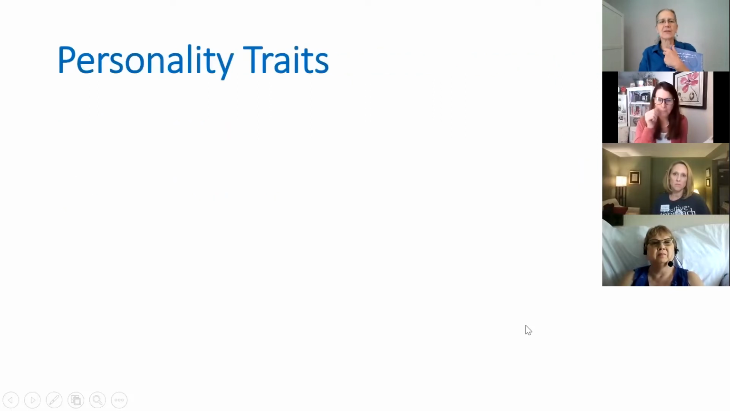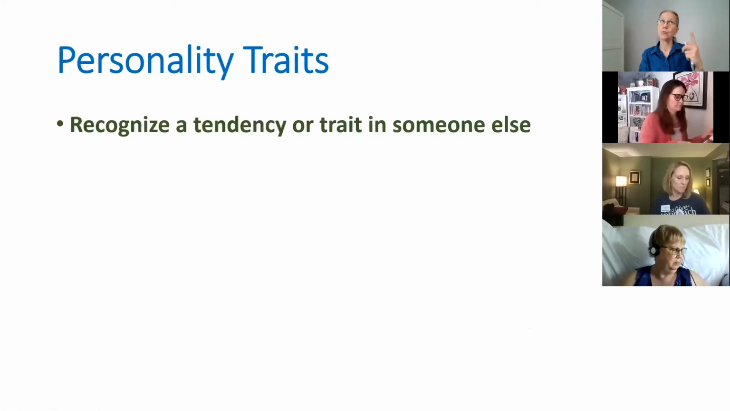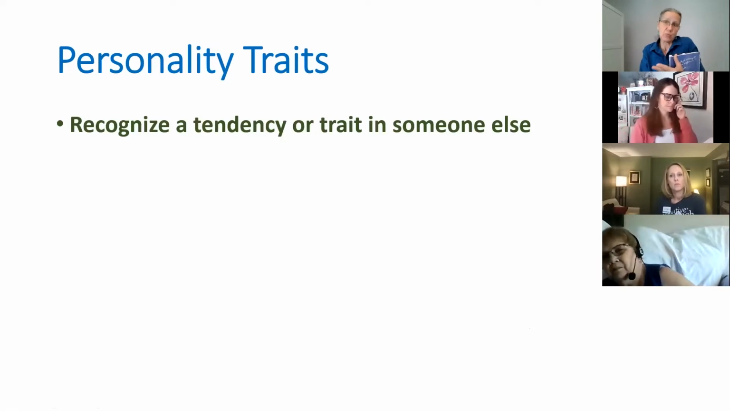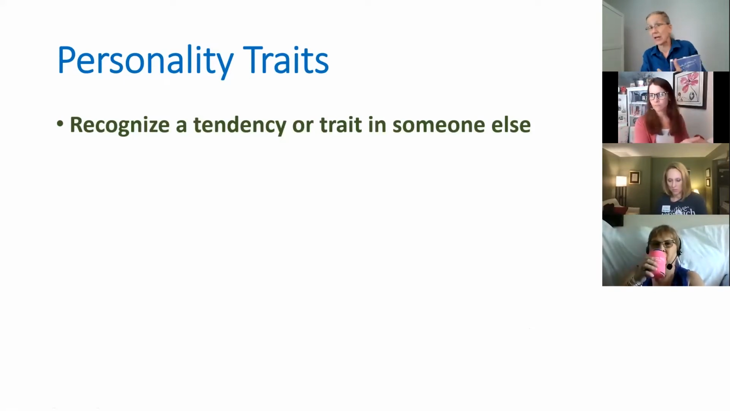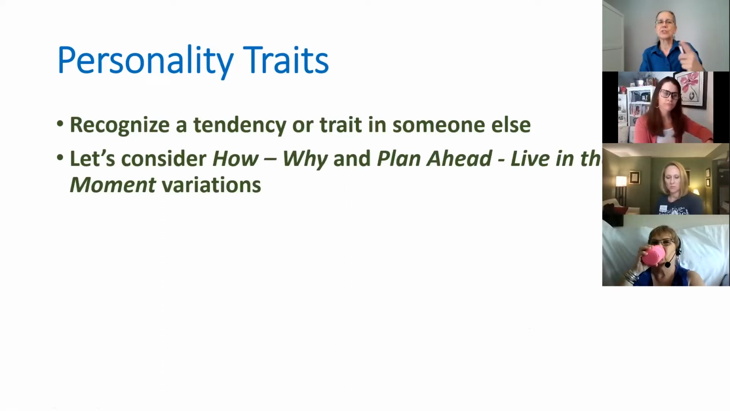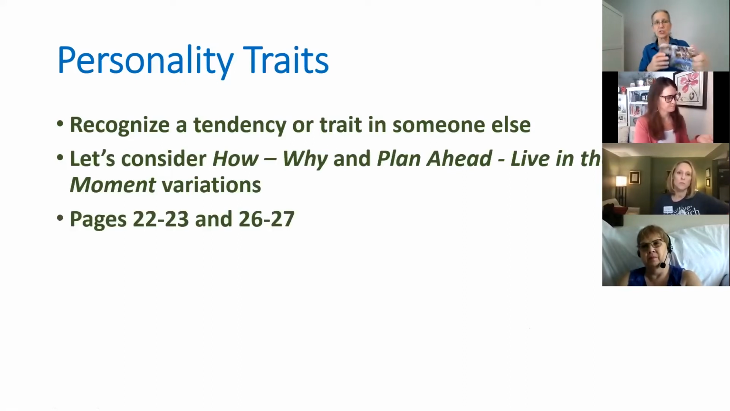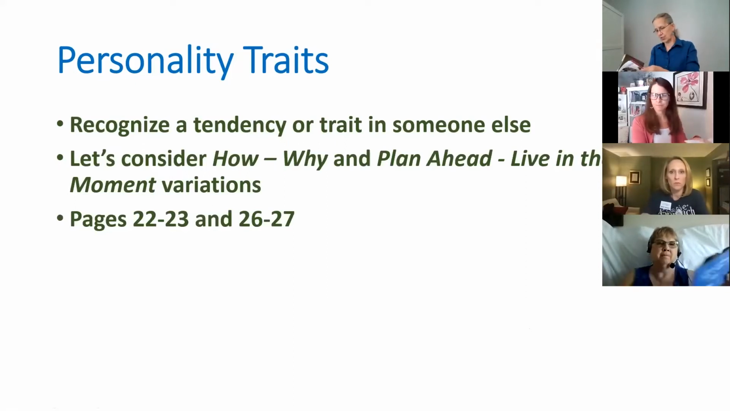So the way I'm going to go about this is I'm going to start with personality traits. And to do that, I'm going to want us to recognize a tendency or a trait in somebody else, because we're classically a little bit better sometimes at noticing someone else. And so to do that, we're going to pick 2 variables, a how versus more of a why. So how versus why, and plan ahead versus live in the moment. So to do that, you're going to turn to 2 sets of pages, 22 and 23. So if you want to go ahead and pull your little guide out here,